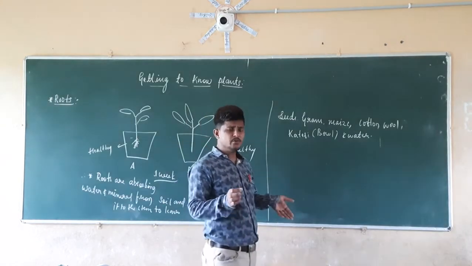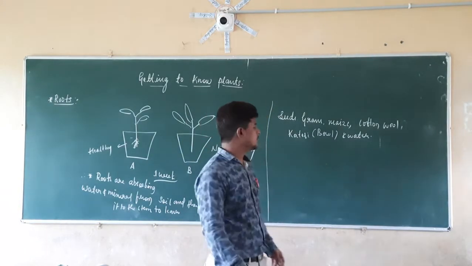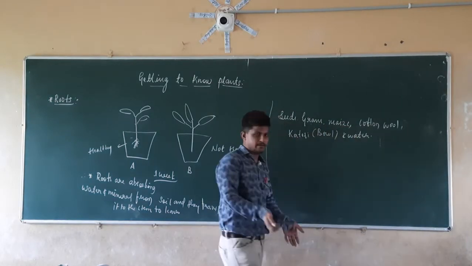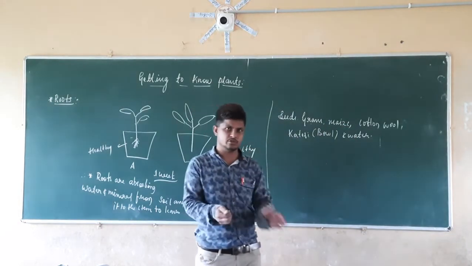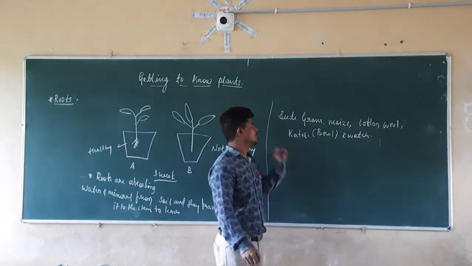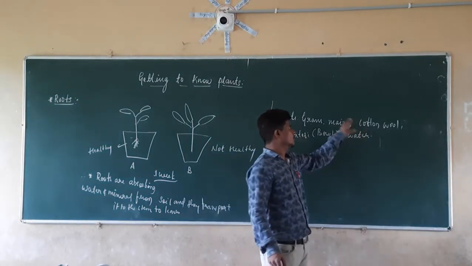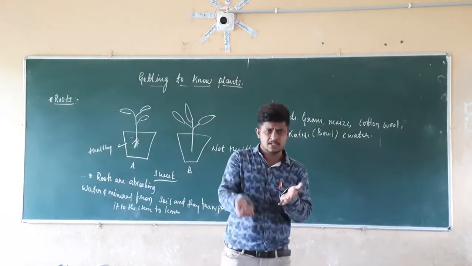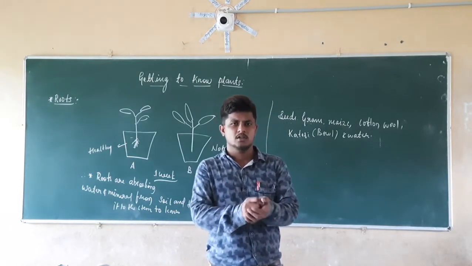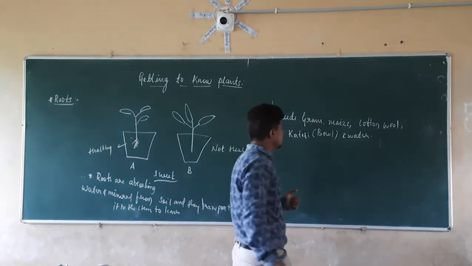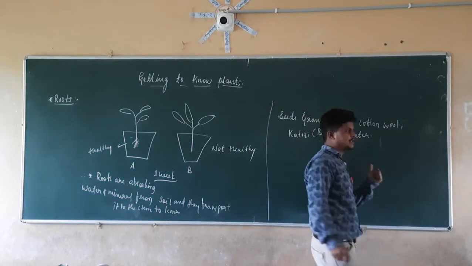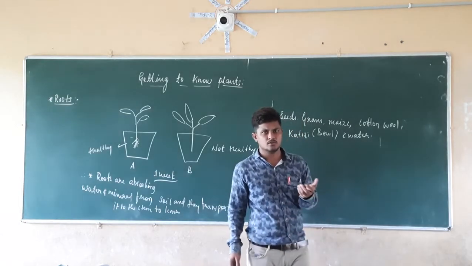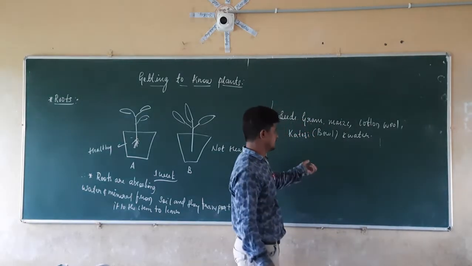So what are we going to do here? We are going to put these seeds of gram as well as maize into cotton wool. We are going to wrap the seeds of the gram and the seeds of the maize in cotton wool. So what are we going to do next? We are going to keep those things in a bowl, that is nothing but a katori. We are going to take 2 katoris, and in those 2 katoris we are going to keep both of them.